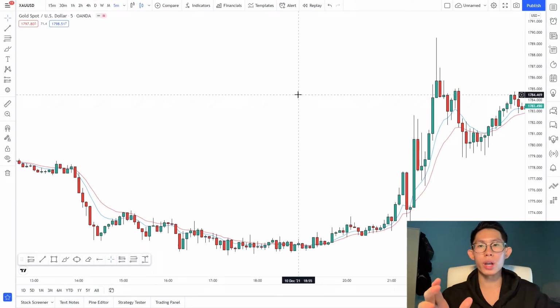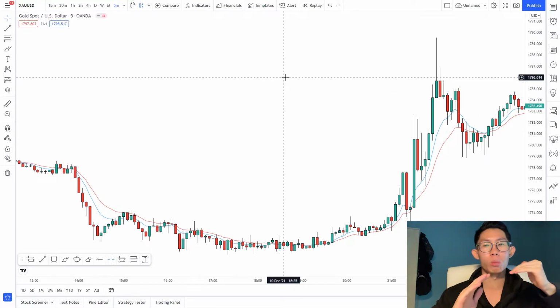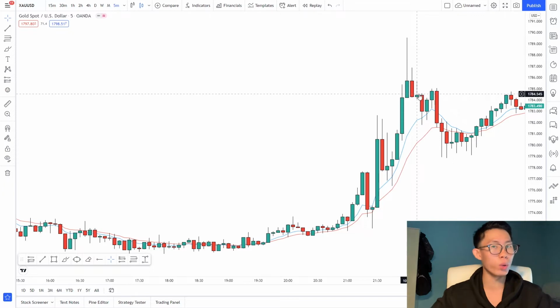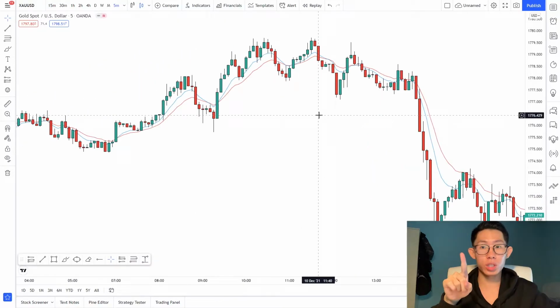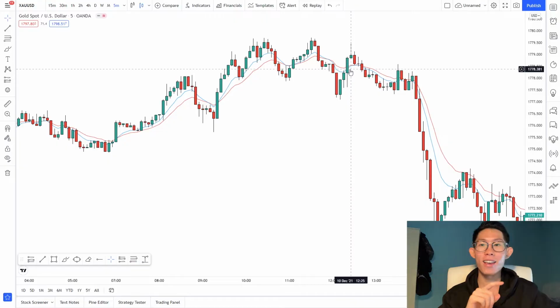Once you have the moving averages, you only want to trade gold when it is either above the moving average or below the moving average. Like right here, when the candlesticks are all above the moving average, that is when you want to trade gold. And if it's below the moving averages like this, that's also when you want to trade gold. But if the moving averages are in between the candlesticks like this, you want to stay the hell out of